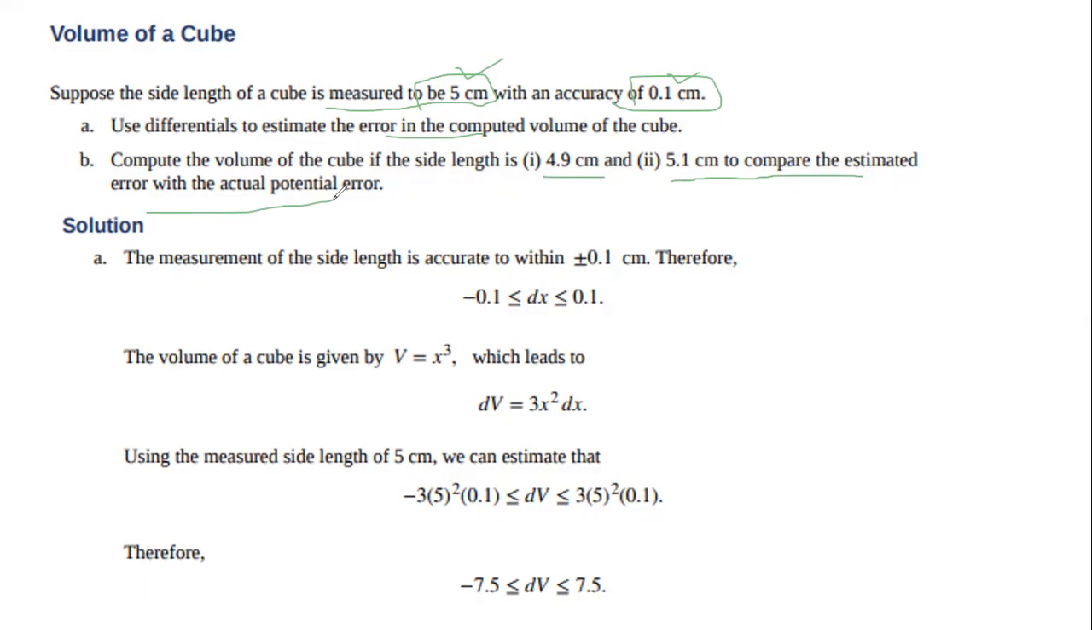So for part A, the measurement of the side length is accurate within this tolerance value, which is given as an accuracy of 0.1 centimeter. This means that there's a tolerance. The tolerance must be positive or negative, whether it is greater or less than this value, so it will be plus or minus 0.1 centimeter. So I have to write here that my dx, that is my change with respect to x, will be less than or equal to 0.1, and it